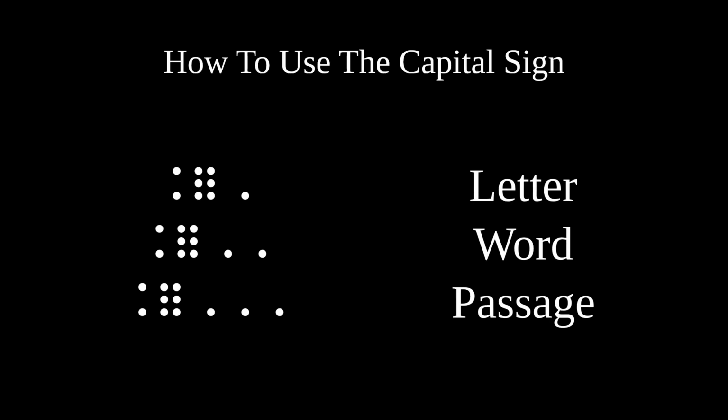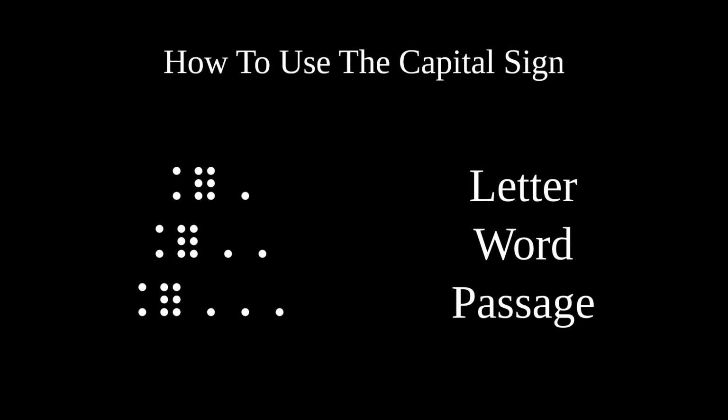More specifically, however, this dot locator is the one for mention, which tells readers of Braille to read any cells that follow it as the cells themselves. This, by contrast, is the dot locator for use. You use this dot locator to distinguish cells coming after it from cells that look similar but are in different positions. Here is how to use the capital sign in Braille.